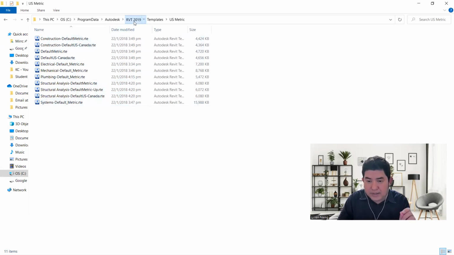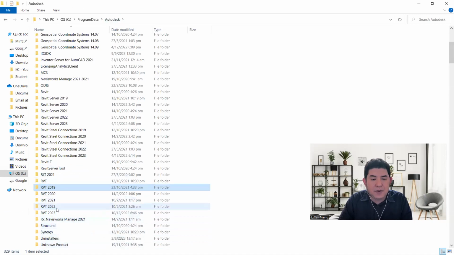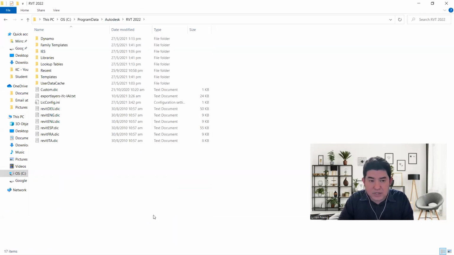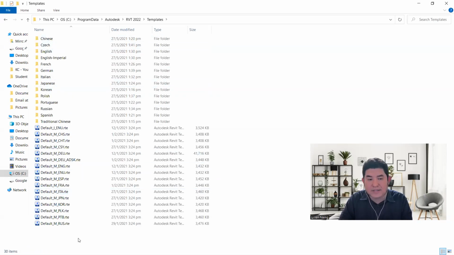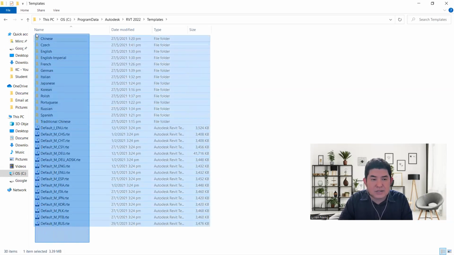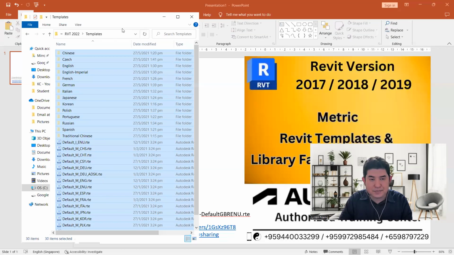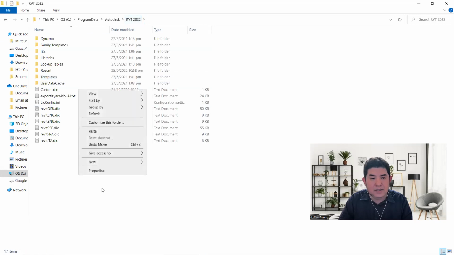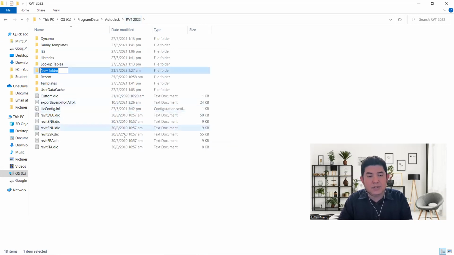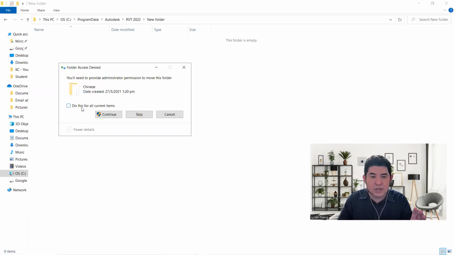So, okay, go back there. I will share something first. You see, for example, I'm using Revit 2022, and in the template folder I have all these templates. I just remove them and put them somewhere else, maybe here. I just create a new folder. You don't have to follow this, because I just want to assume